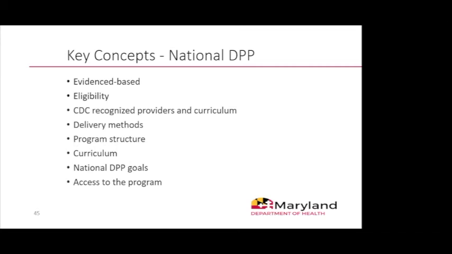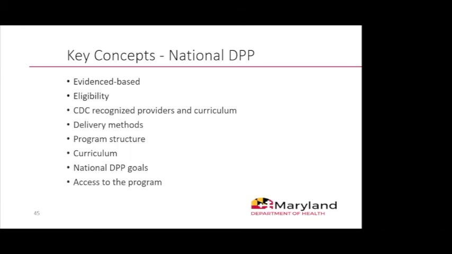They must have a recent, or within the past year, blood test indicating elevated blood glucose levels, for example, an A1C of 5.7 to 6.4 or a fasting glucose of 100 to 125 milligrams per deciliter. An alternative to the blood screening is a positive screening on a prediabetes test based on something similar to the CDC prediabetes screening test. I'll show you a sample of that in a moment. They may be clinically diagnosed with gestational diabetes, and they may not have a previous diagnosis of type 1 or type 2 diabetes and may not be pregnant.